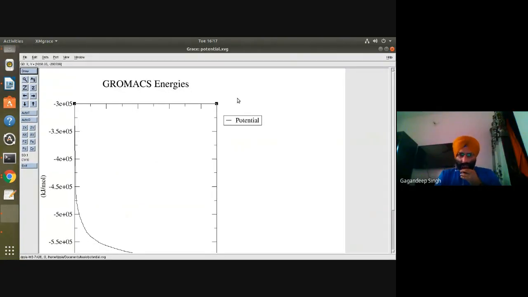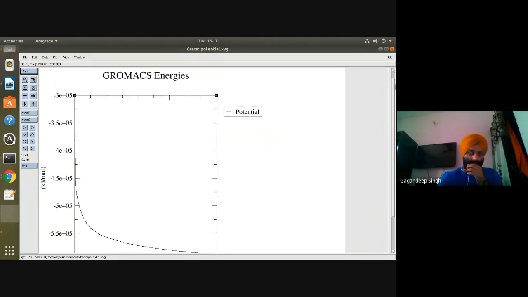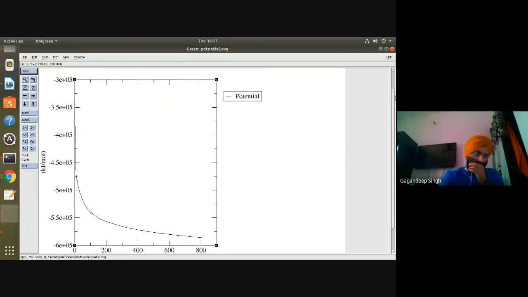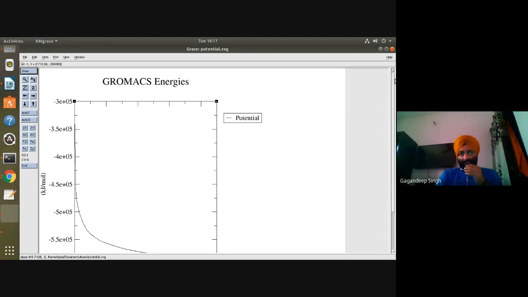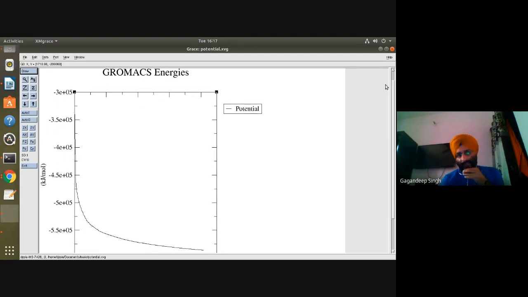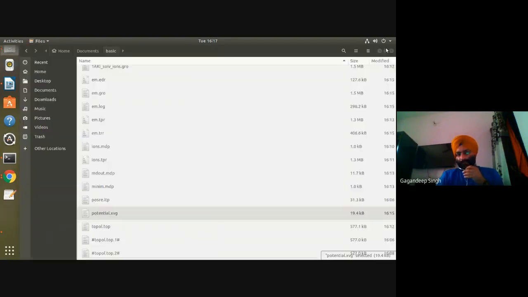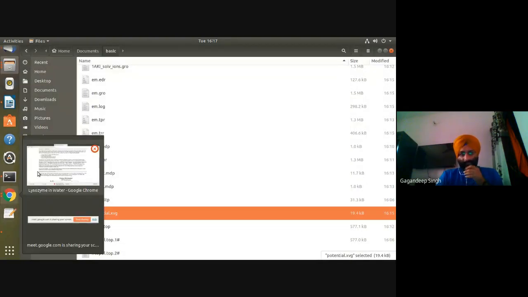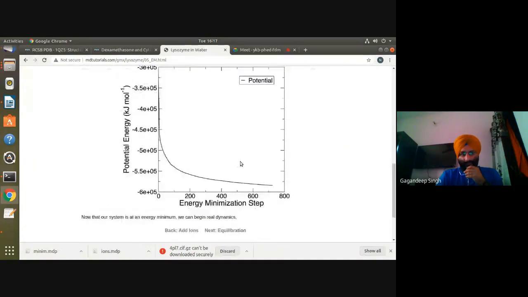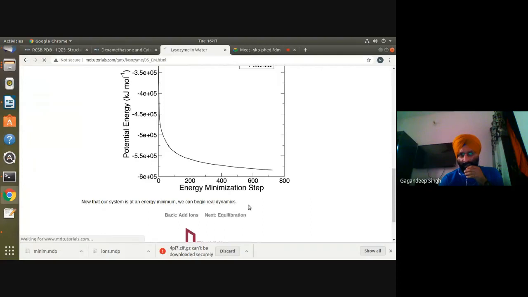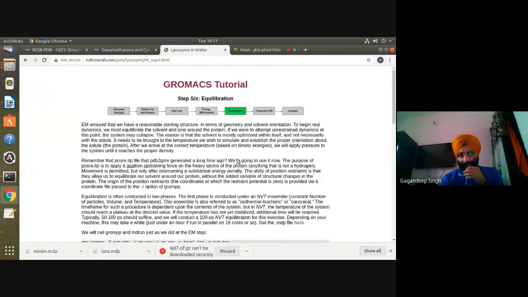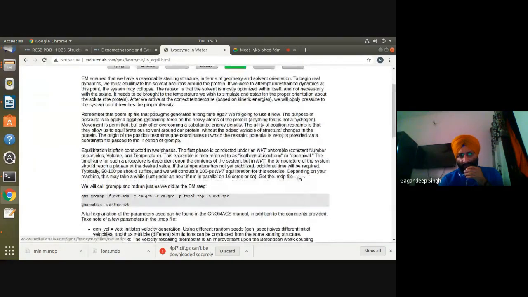Now see, the energy is minimized, which is similar to what is provided in our tutorial. Our next step should be to equilibrate. We have added ions, and we have minimized our energy.